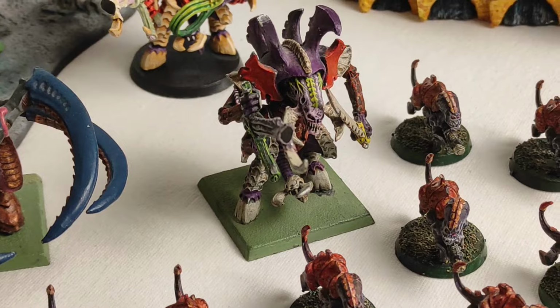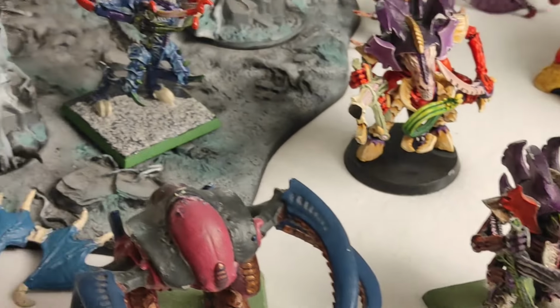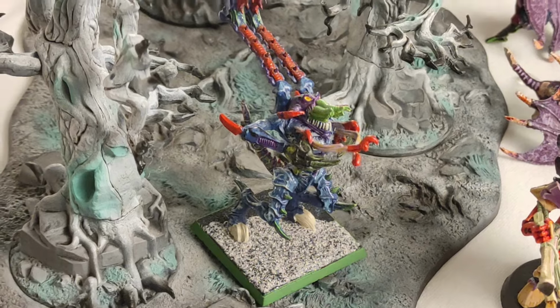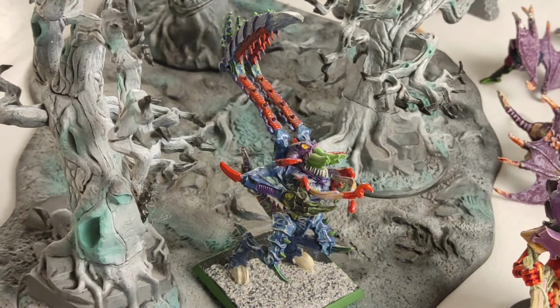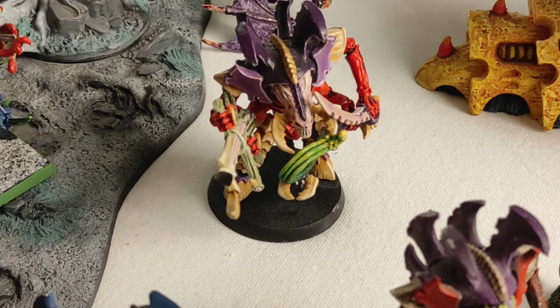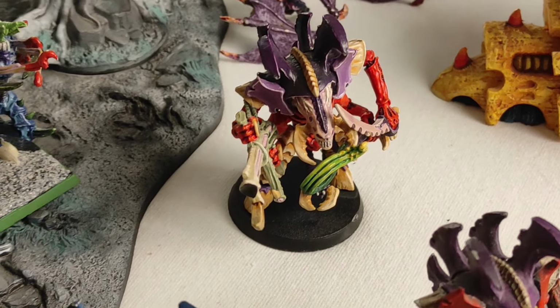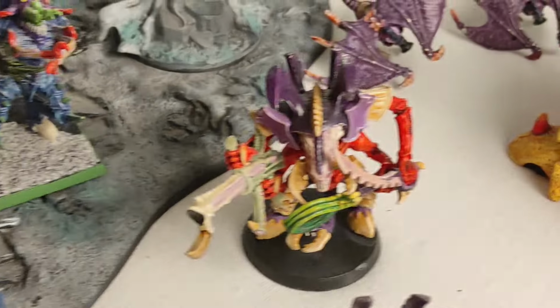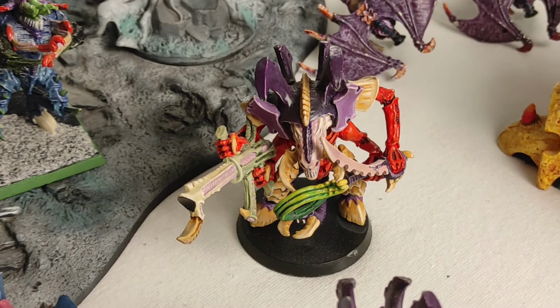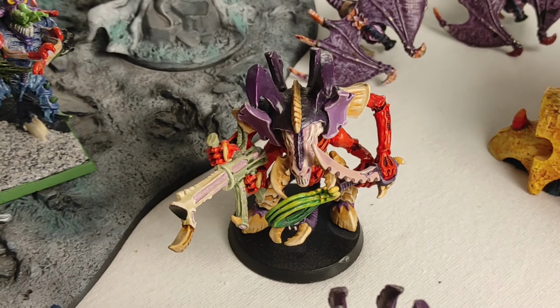Then we've got one Lictor with Sharpened Claws. I removed Regeneration. Then we've got the brighter Hive Tyrant. This one has one Bone Sword and Claws, no Spine Fist, and Psychic Scream as well, and a Death Spitter and a Warp Field. Then we've got